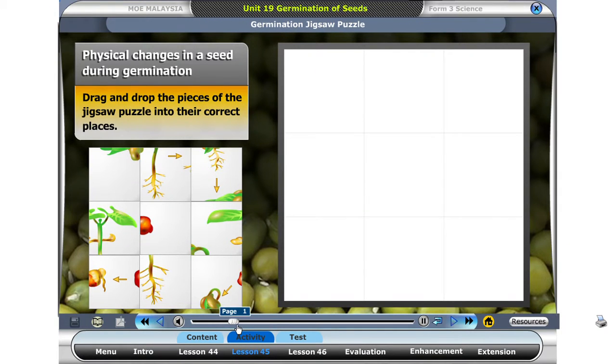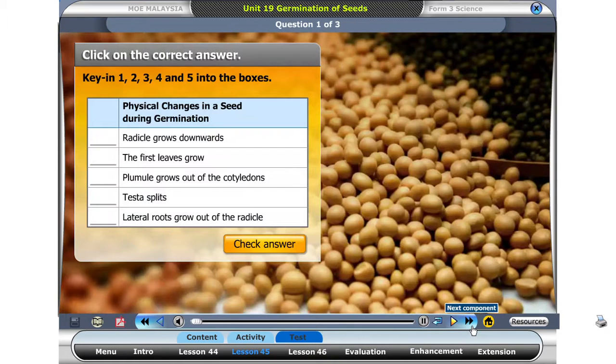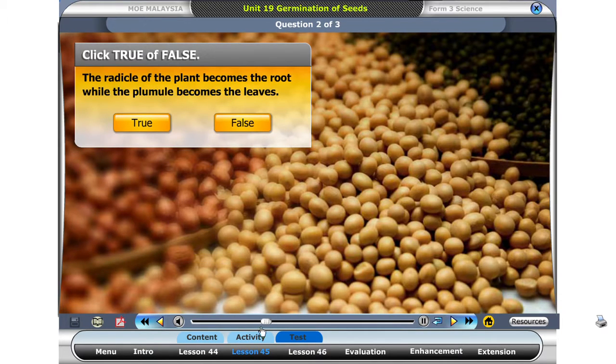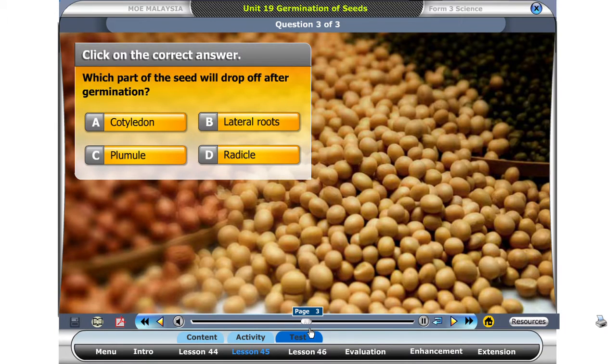These are pieces of information. Key in 1, 2, 3. Did you answer correctly? The radicle of the plant, the part of the